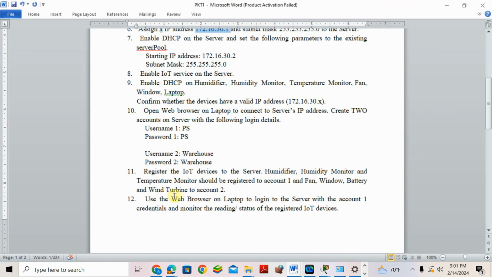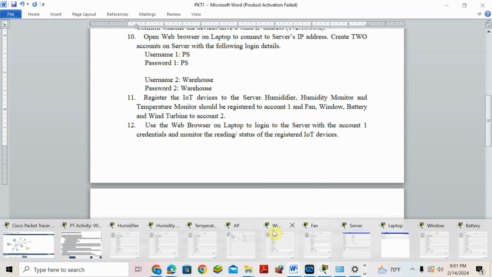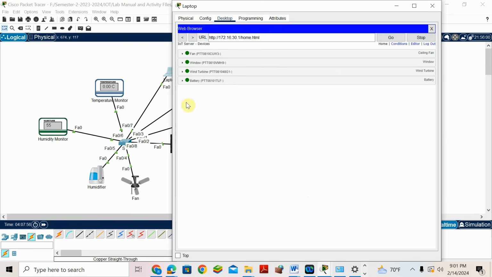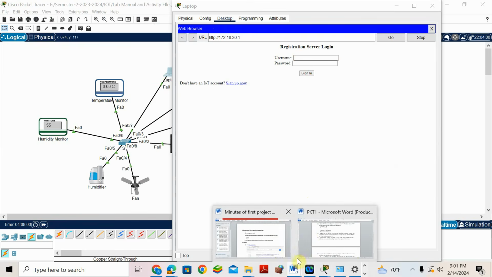Now use the web browser on the laptop to log into the server with account 1 credentials and monitor the reading or status of the registered devices. Okay, every device. So we have to log in with the server account 1 username and password, then account 2. So first go to the laptop again. See, I have to go back here. Now I will give the username. First account is